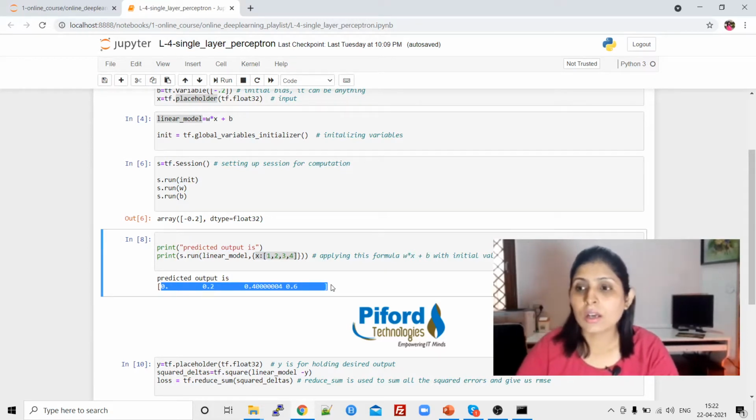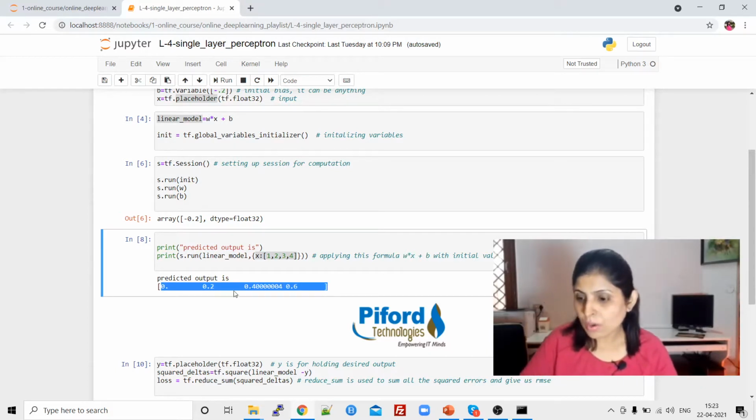Now the main question is how to check your model accuracy, meaning whether your model is getting trained properly or not, and whether it is performing good or poor. We need to check that. For that we calculate the loss function. Loss function means error, right? So how do we calculate error? We compare the actual Y value with the predicted Y value. These four values are the predicted Y values, so now we need the actual four Y values, and we'll compare the predicted values with those.